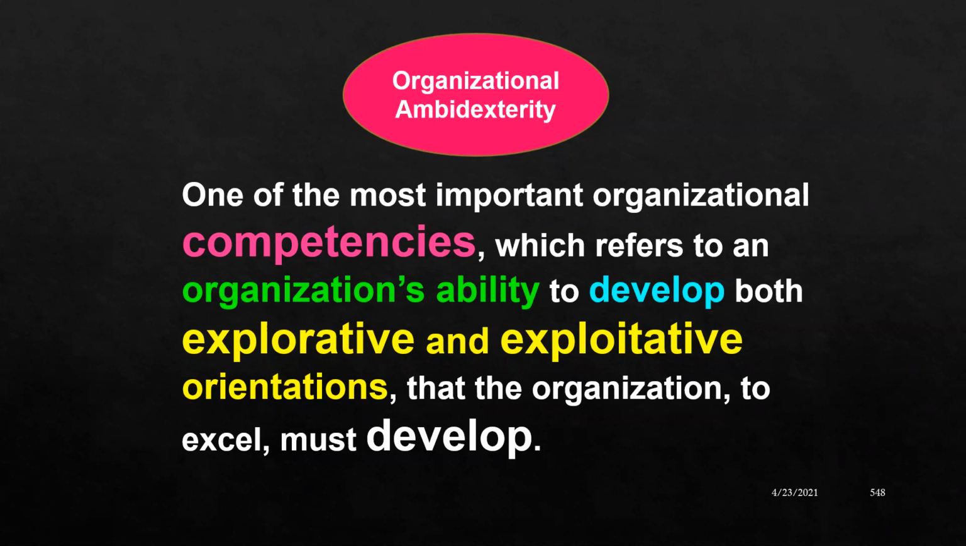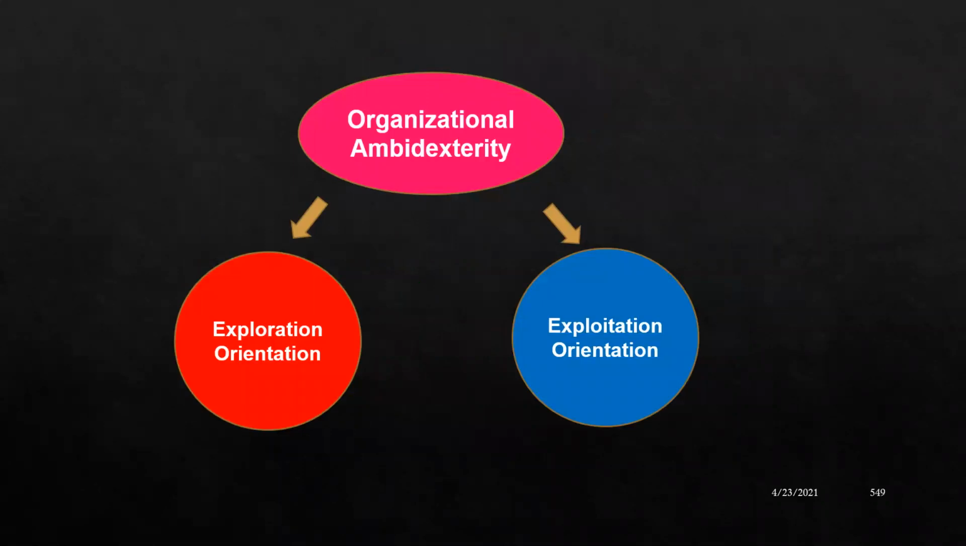So one of the most important organizational competencies, really, as I have told you, is organizational ambidexterity. That is our ability to develop explorative and exploitative capabilities of our organization using innovation, for instance, right? So for organizational ambidexterity, we must really have these two orientations, so that we have to unfreeze. Right? To unfreeze means to